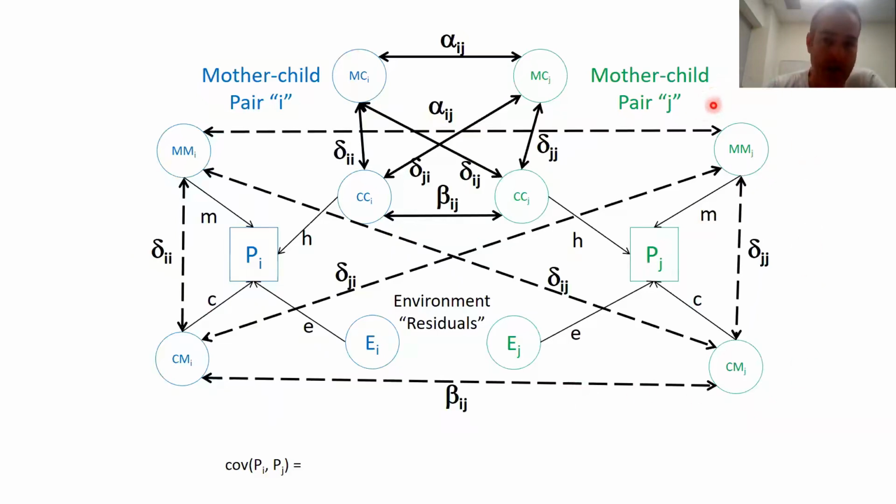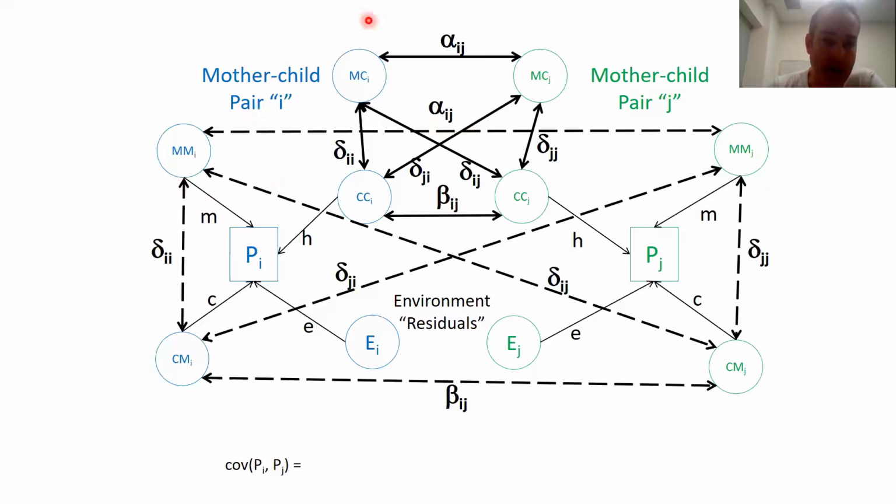This is pair J. So again, it's exactly the same path model as in the previous slide. The only difference between what you're seeing now and previously is that we're explicitly including covariance paths between the two